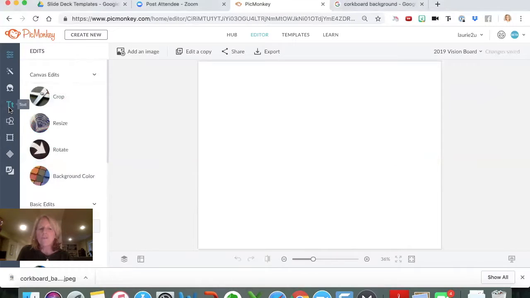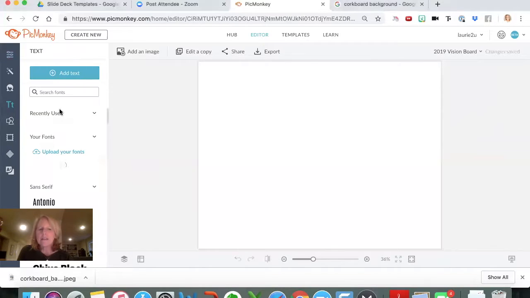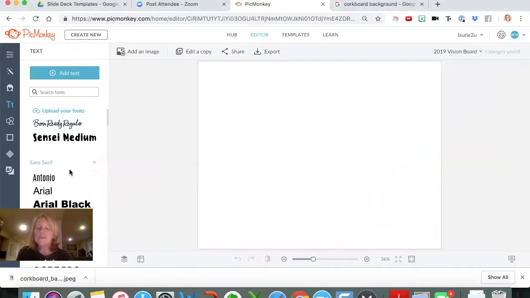I'm going to go over to the text icon, and you can pick text. Now, I will say you can pay for an advanced version of PicMonkey. It's very, very cheap, but the basic PicMonkey is just fine, and that's free. You don't have to pay anything for the software. If you want more fonts and more options, like graphics to bring in, then you might want to get the advanced.